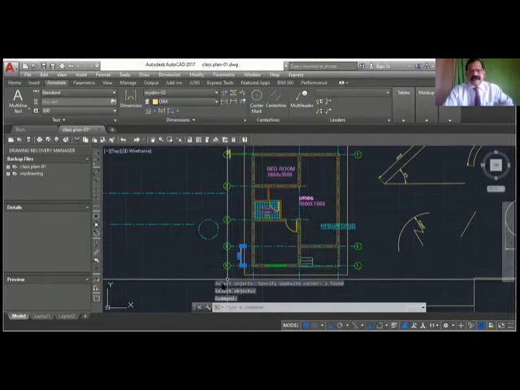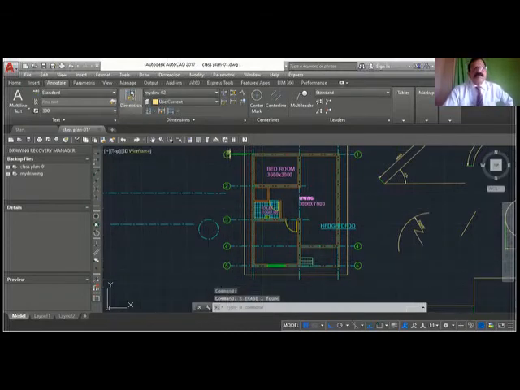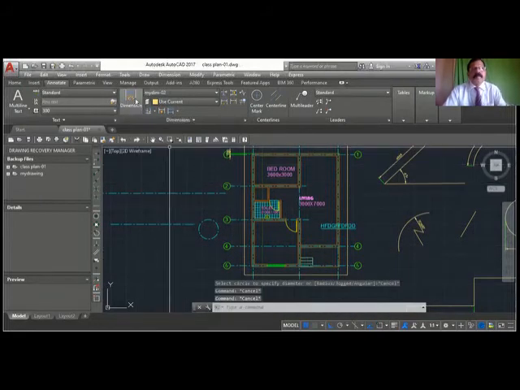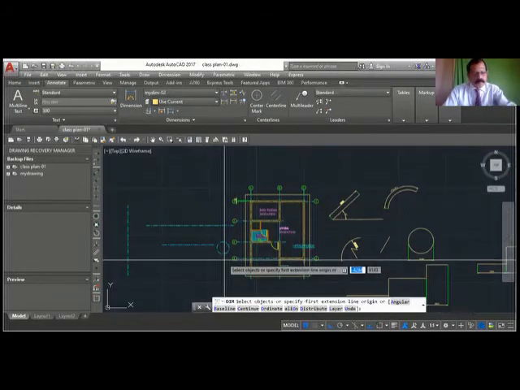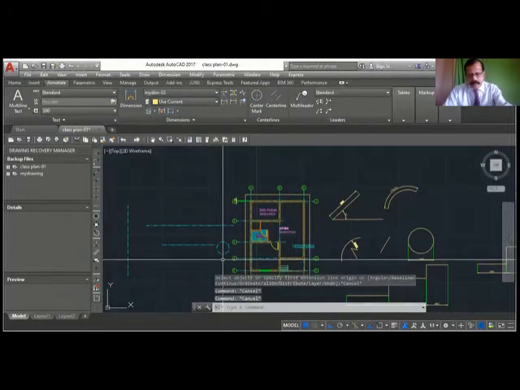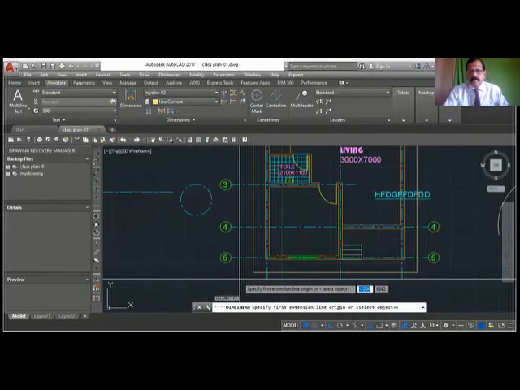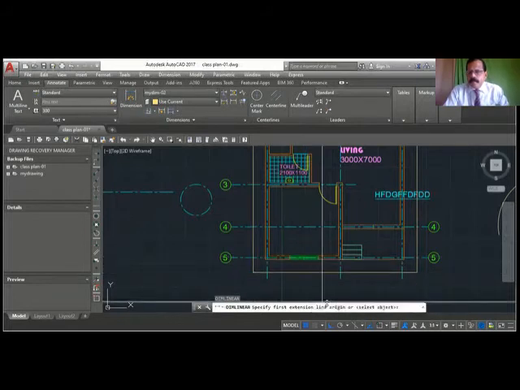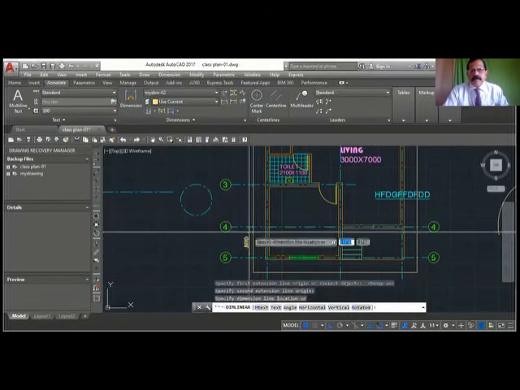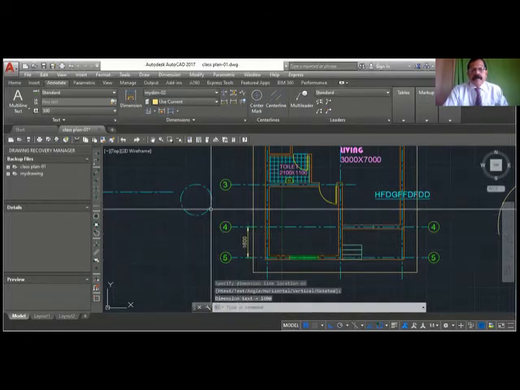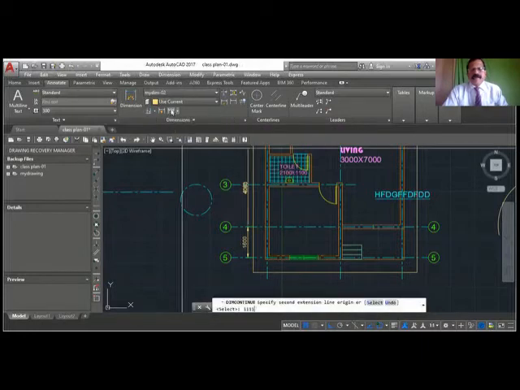We used dim base last time, so it was using that. So I will say dim lin. First point here. Okay, I have to type dim continue or select from here dim continue because it was a dim base here.